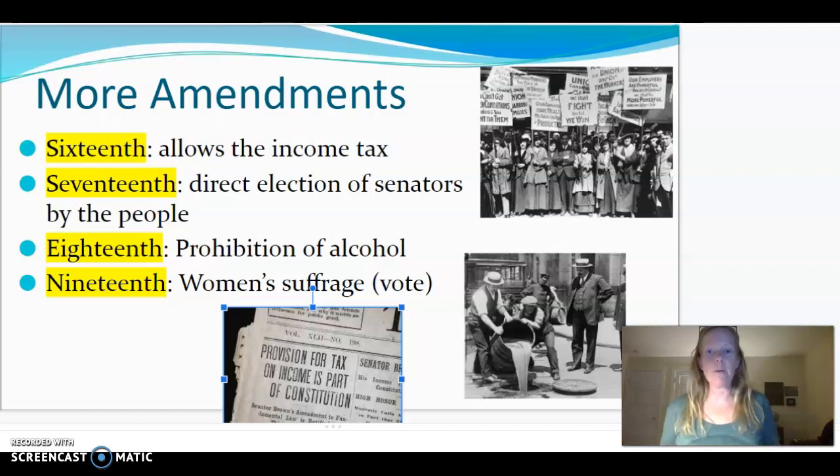The 18th Amendment, hey, when you turn 18, you're an adult, right? Well, but you still can't drink alcohol. That's how you're going to remember the 18th Amendment was the prohibition of alcohol. Crazy times, right? You remember that from your American history? It kind of happened over time, state by state. A lot of states banned alcohol,